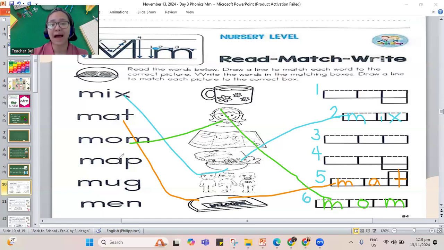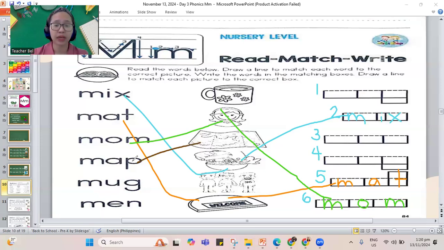M-A-P. Map. Where is map? The map is what we use to also check for the places that we need to go. It's this picture. That's our map. Now, where can we put map? Map has M, an alligator letter, A, an alligator letter also, and a kite letter, letter P. It goes down.